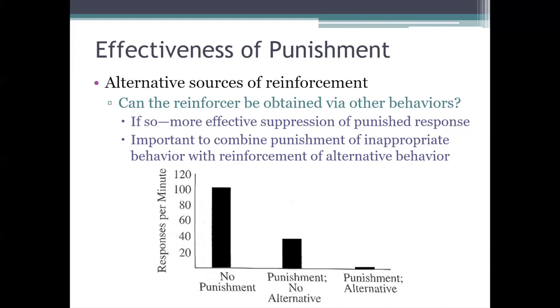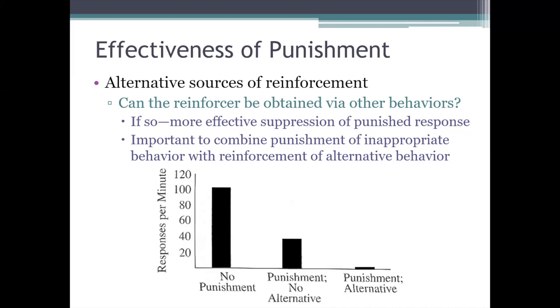Okay. So, guys, the basic idea here that I'm talking about is that we don't just want to be telling someone what not to do, right? By punishing them for inappropriate behavior. We also want to reinforce an alternative. We want to reinforce a more appropriate behavior, because that way we're basically telling them, here, do this instead, right? And again, that tends to make the punisher more effective. That is a more effective way to get the person or animal to stop doing whatever it is you want them to stop doing.